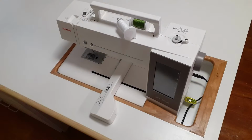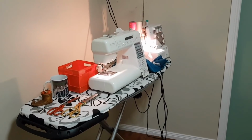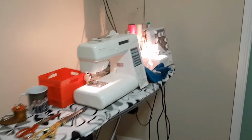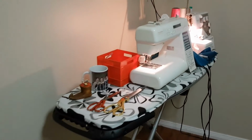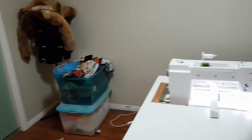And here we go. We're going to have a look at Viki taking us through the actual machine and doing some quilting. This runs for about 5 or 6 minutes. You can leave the sound up. There's not a worry. Okay, so we have the ordinary sewing machine and overlocker set up over here temporarily at the moment and around the room. And here's Viki